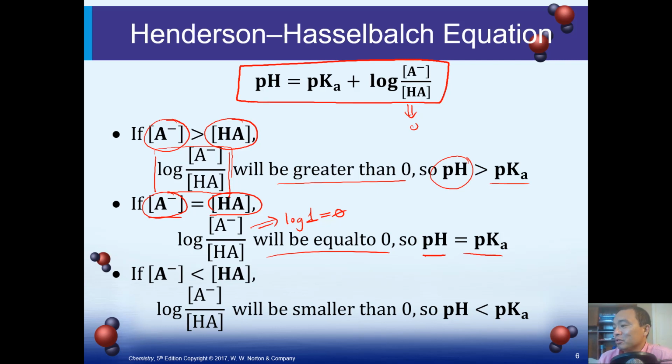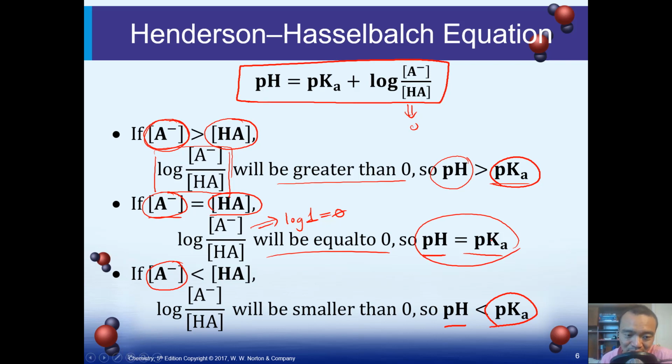If you have a greater amount of a base component, that means your pH for the buffer will be higher, or more basic. It will be higher than pKa. If you have a lesser amount of a base component, you expect the pH to be lower than when the concentrations of acid and base are the same, which is when pH is the same as pKa. Okay, all right. So do remember the